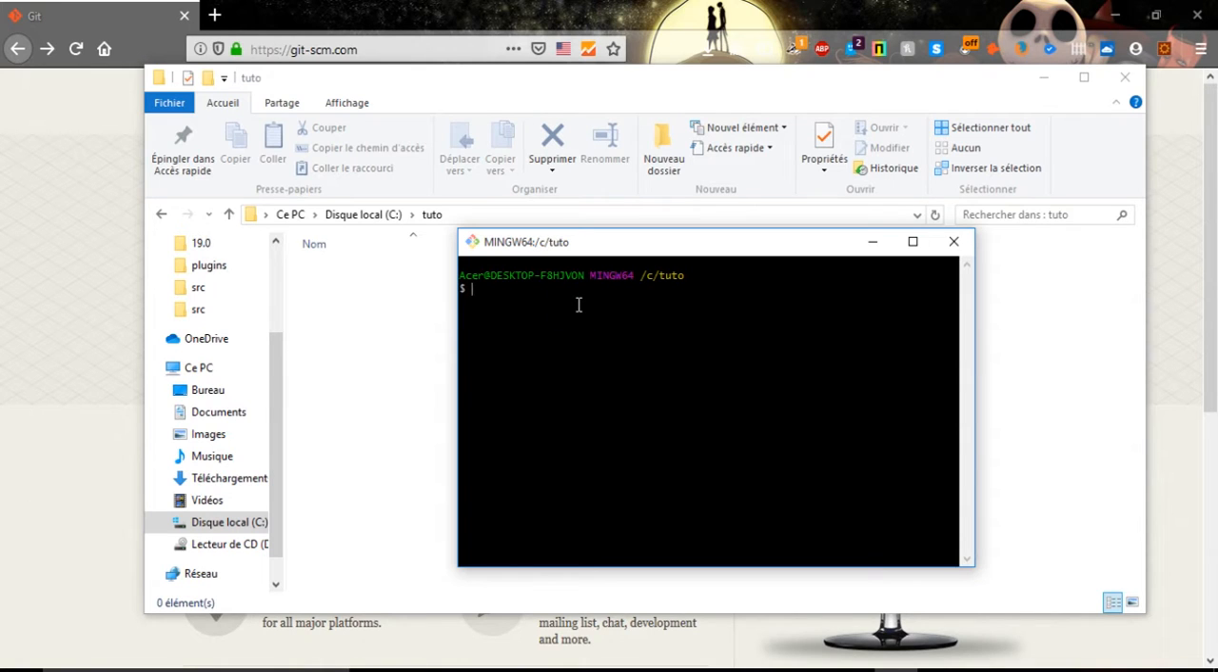So first of all, if I want to create a directory and initialize it with git, it will be done in two ways. First of all, it depends on whether the directory already exists or not. For me, I don't have any directory, so let's create one. It's just like the Linux command line